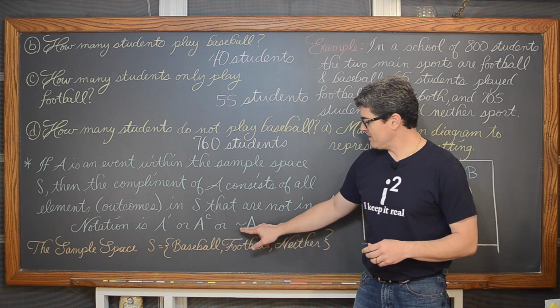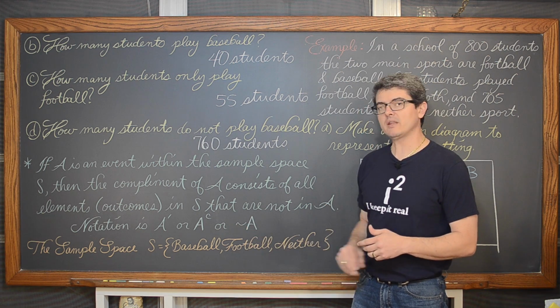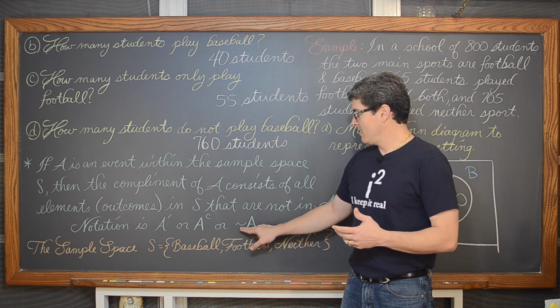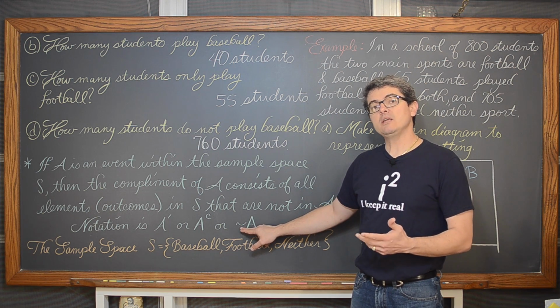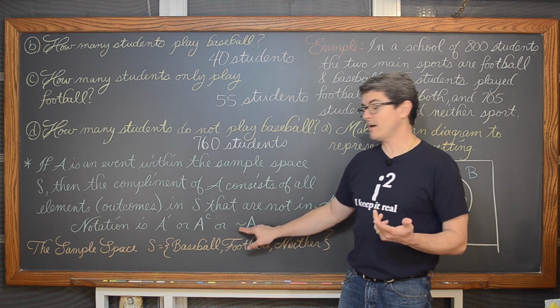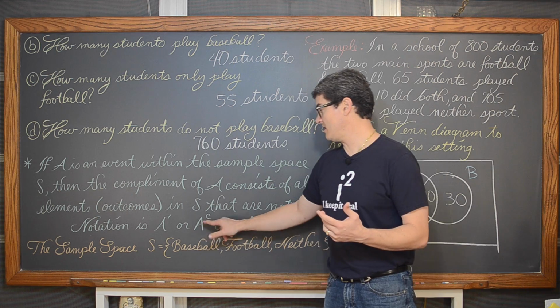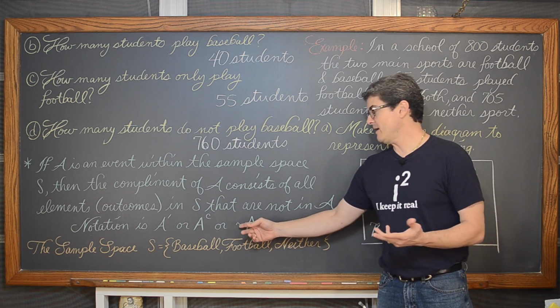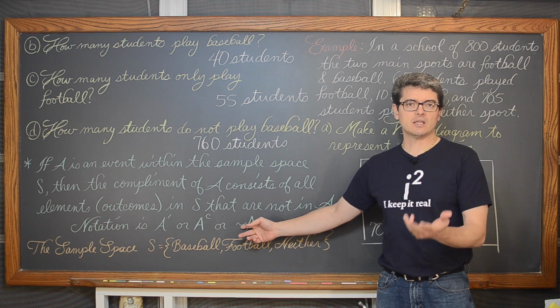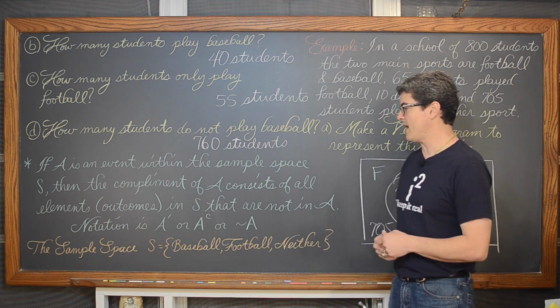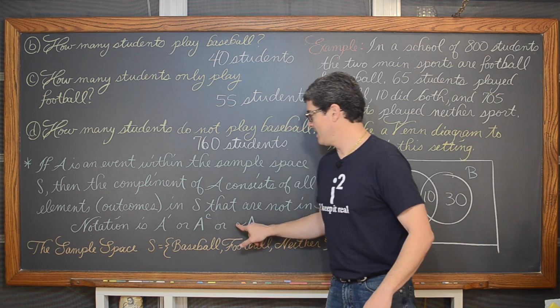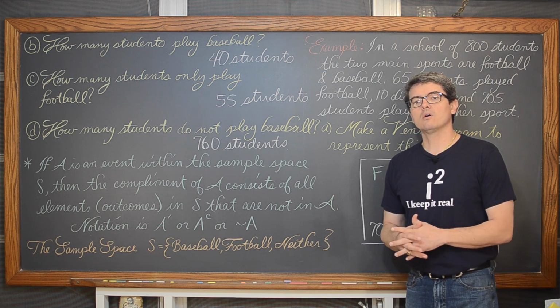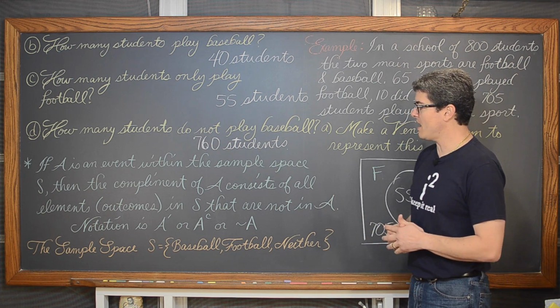And then this little squiggly line in front of the A. Now, I'm not exactly sure what to call this notation either. This notation is not in the algebra book that I teach from. It's not in the AP Statistics book that I teach from, but I have seen this notation. At any rate, I had to look at the key to make sure I understood what exactly they were asking. So all three of these symbols, and hopefully there's not more, are used to denote the idea of complement.